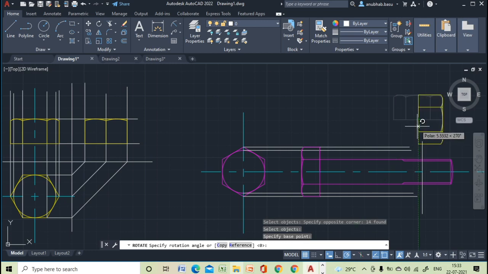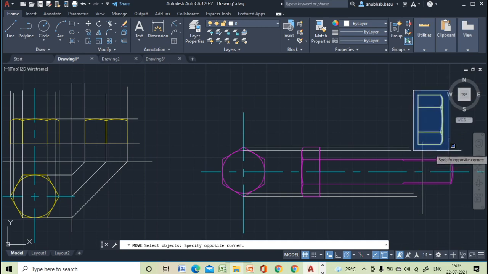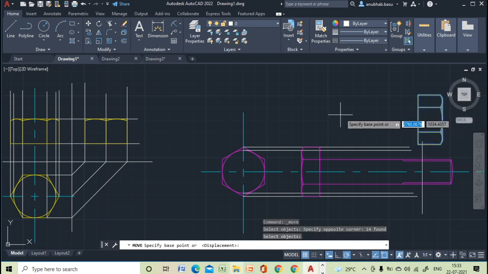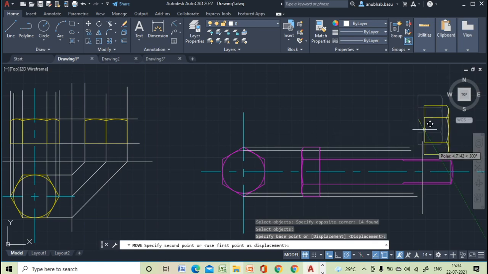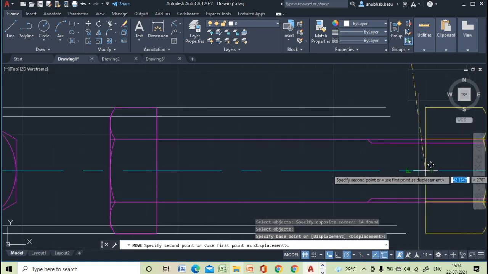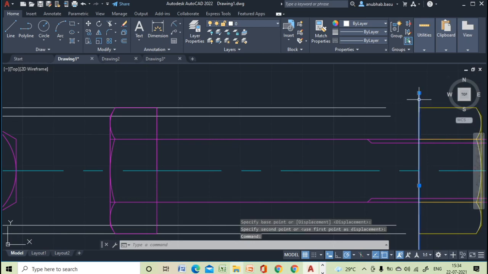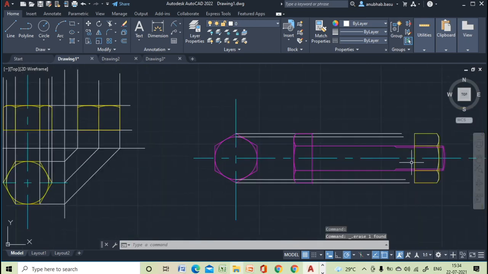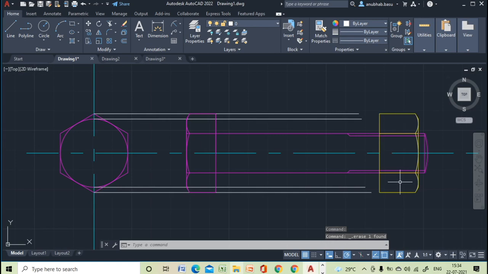So say we want to rotate at 90-degree angle. Okay, so the rotation is completed. Now we will move this object. So this is the move tool. Now again we will select the object, and then we will specify the base point, and then we will put our object over here at this fixed location. Okay, so this is my nut and this one is the bolt.